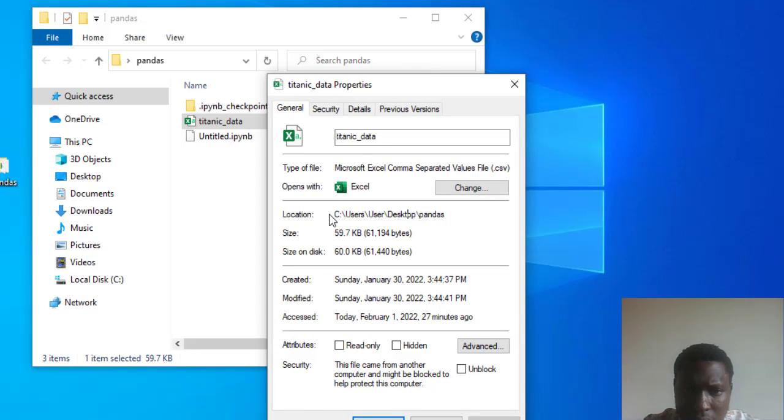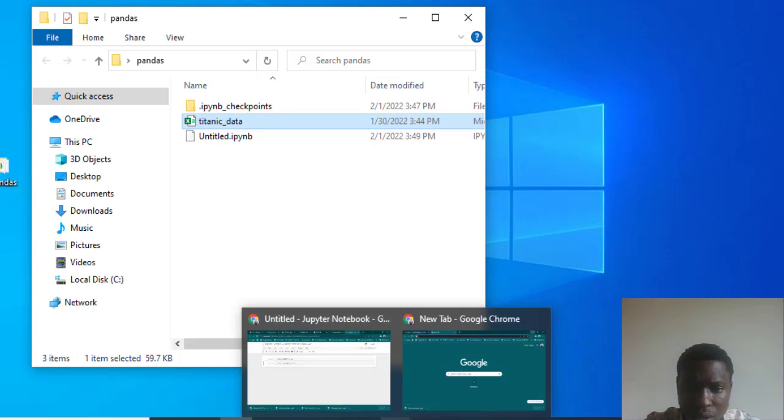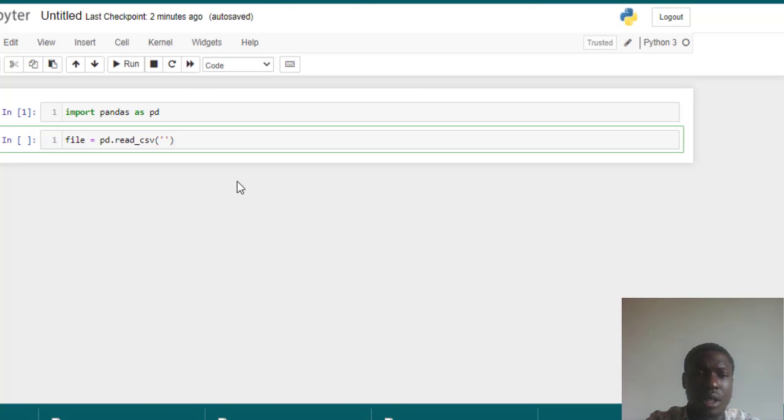When you click on properties, you are going to see the path. So you can see this location, and it's this location you need to copy. You need to copy this location, guys. I'm just going to show you. Control C. So I've copied this location. Now you need to pay attention, guys, because this is very important. This location is what you need to paste there, and of course you need to end it with your Titanic